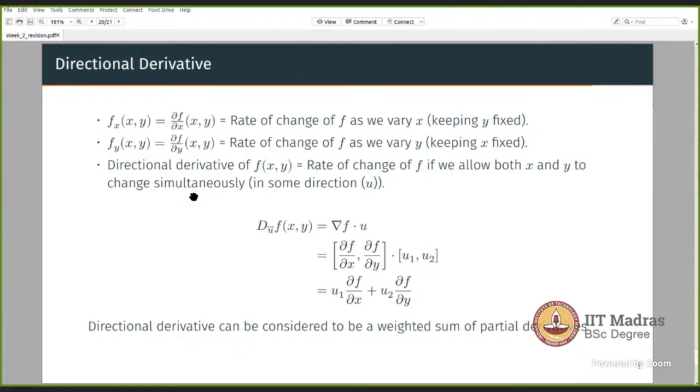And the opposite is ascent. Ascent is what is given by the gradient, right? I hope this differentiation is clear to you. This is very important to be clear about. Actually, let me repeat again. The gradient of a function at a point tells you the direction in which the function is increasing the most, okay?